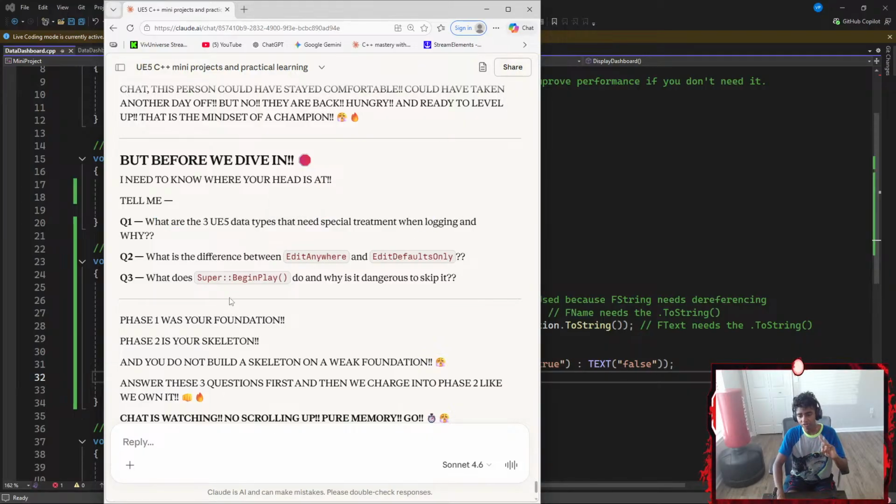The 3 Unreal Engine data types that need special treatment when logging. I think there were just 2, right? Oh, I see, okay. Let's go with question 1.